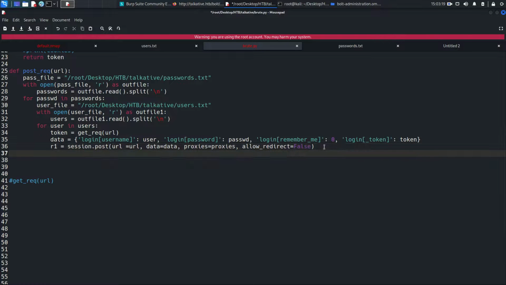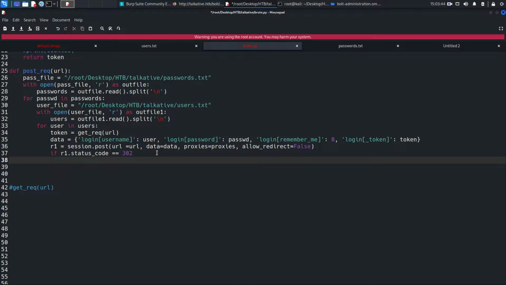So we get here, we match it like if r1 dot status underscore code equal 302. So if it will not redirect, we will get the status code 302, and it will redirect to the home page or the user page like this. So if the status code is equal to 302, which is the redirection code, then it is gonna print